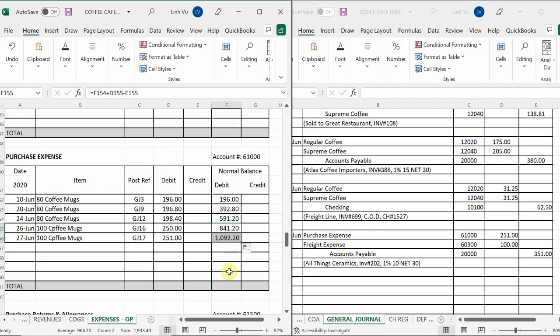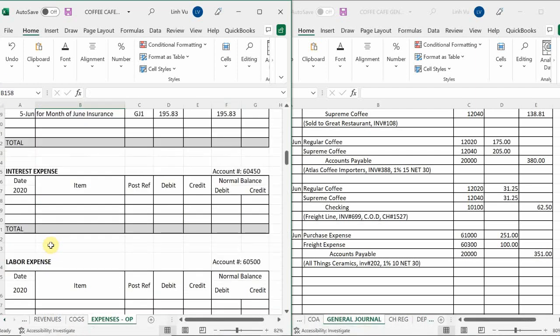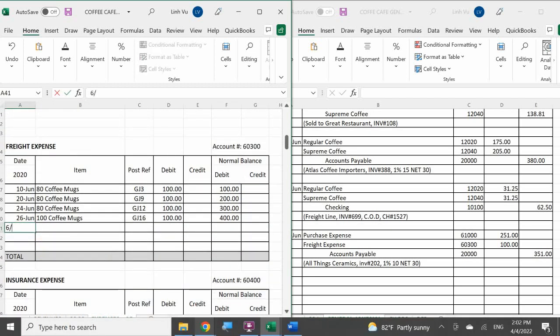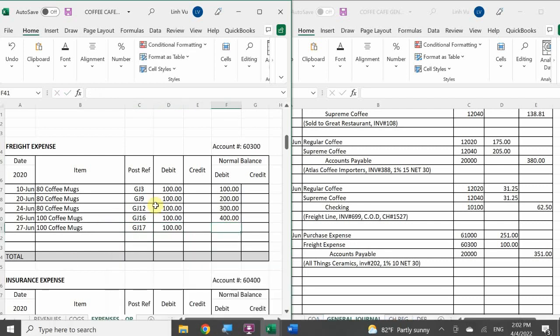$1,092.20. Because we have $841 plus $251. We need to plug in our freight expense, right, for delivering 100 coffee mugs for $100. So in this case, my grand total here is